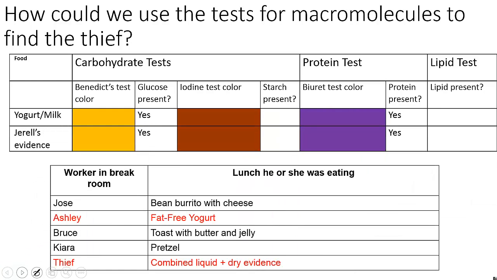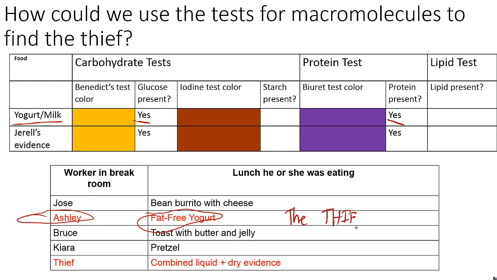So in the end, if you figure this out, you look at the yogurt or the milk, and it has sugar, no flour, and it has proteins. And that's the same as the evidence. So Ashley has to be the thief because she's the person who's eating the fat-free yogurt. And she is the thief